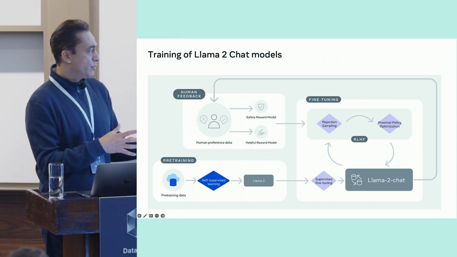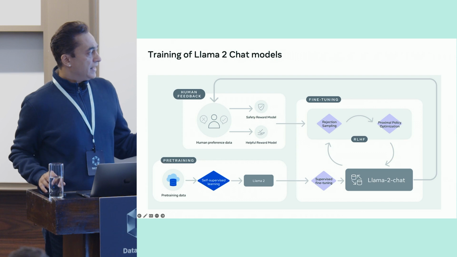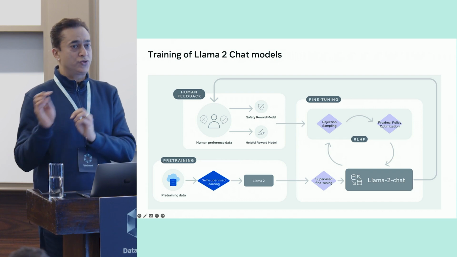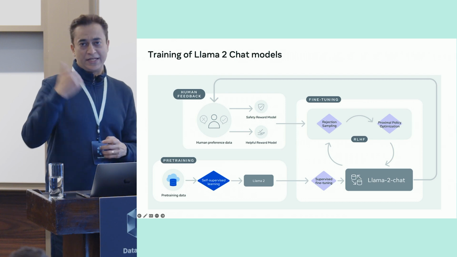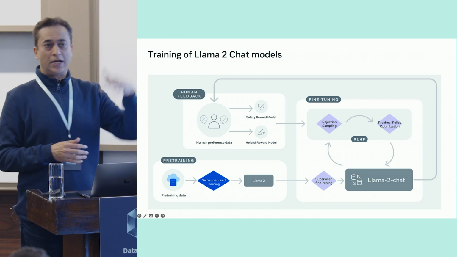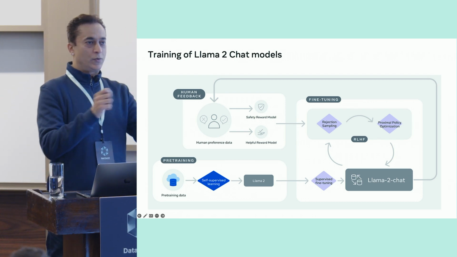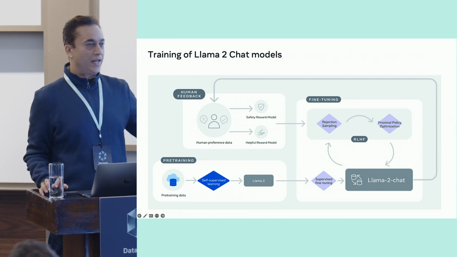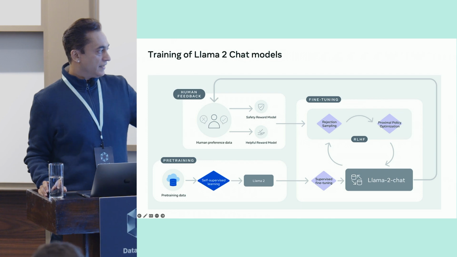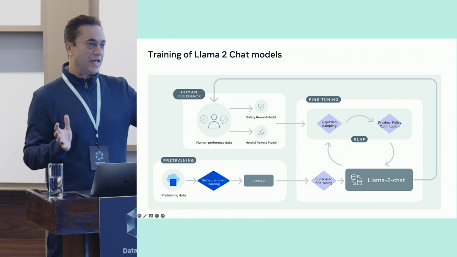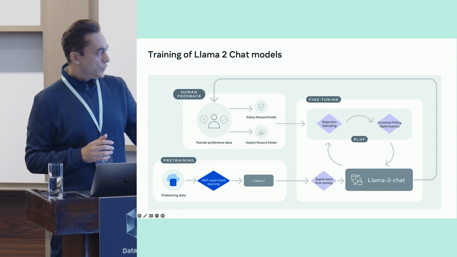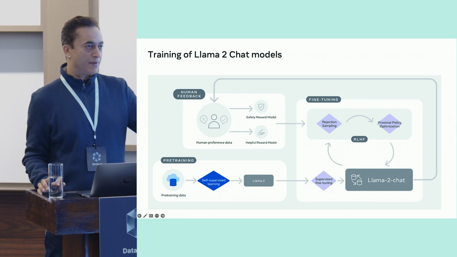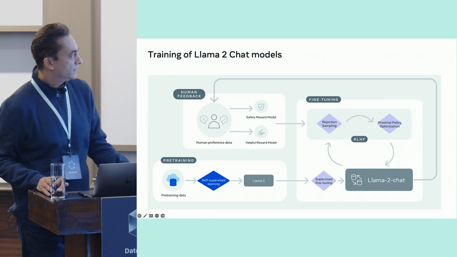So we basically do the pre-training process. Then they are supervised fine-tuned. So they are fine-tuned for instructions. So just like DJ and Joe mentioned about how they took the question prompt response pairs, we basically take the same thing from the Llama models and then fine-tune. We basically have that whole data set, use that to fine-tune Llama 2 models, and then build the Llama 2 chat models, which is also called instruct models.